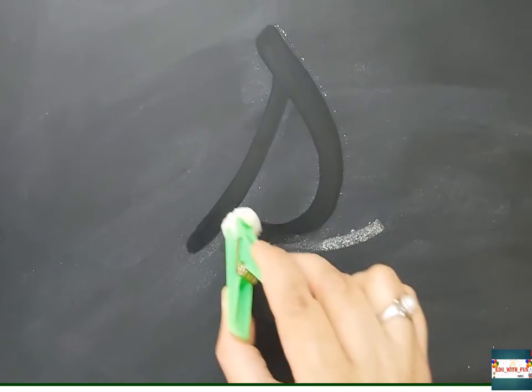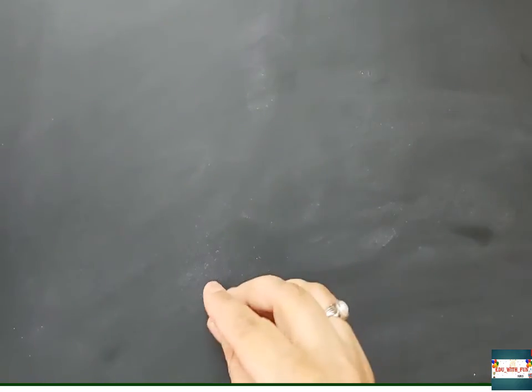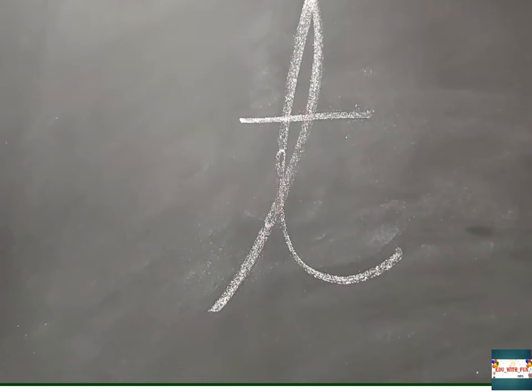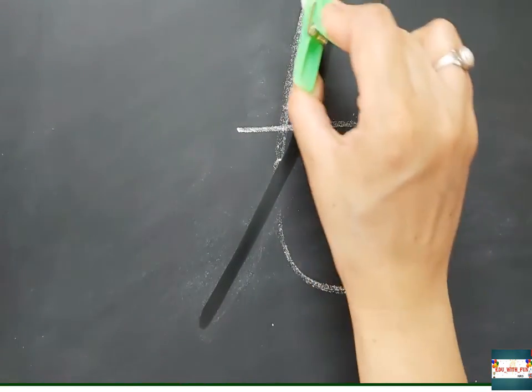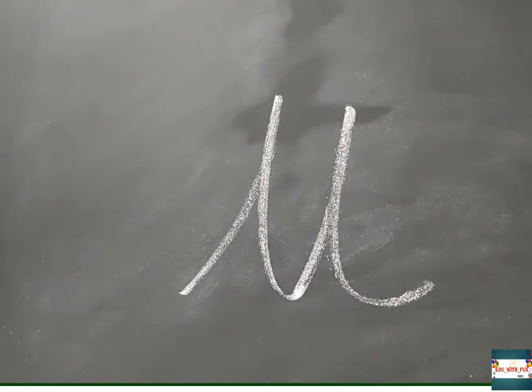It's okay they are writing, it's okay. No, the formation, there are certain rules which they have to follow. If they follow the certain rules, definitely going forward they might not feel any problem. This is the lesson of life also. Now here T. After that, U is very easy.